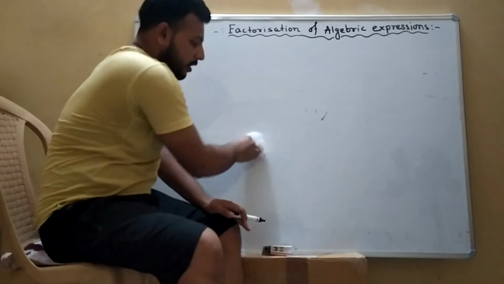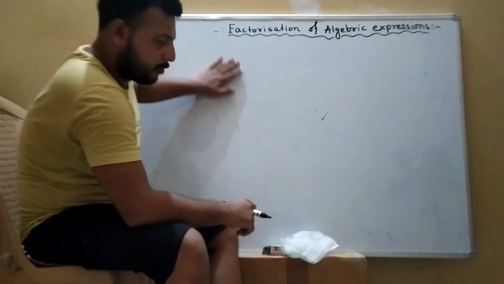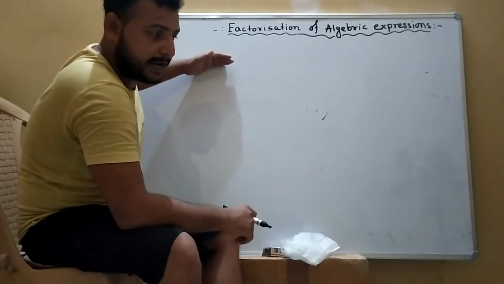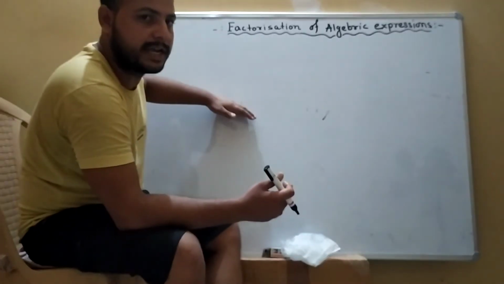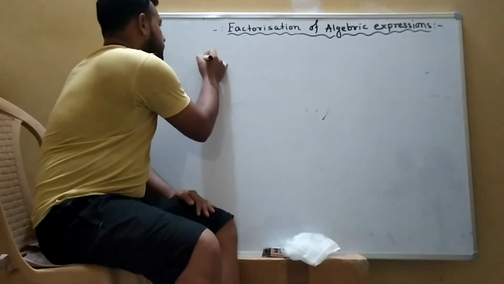You shouldn't leave the order, always you will go according to the order. First of all, you will take common, then use formula. If you can't use formula, then you will go for the next one. So here we will see